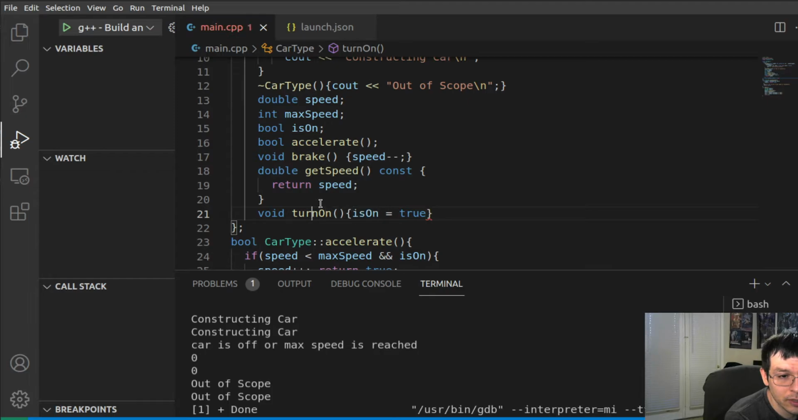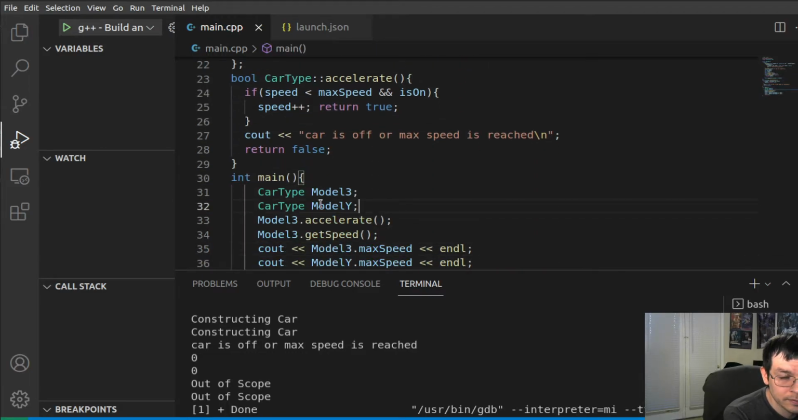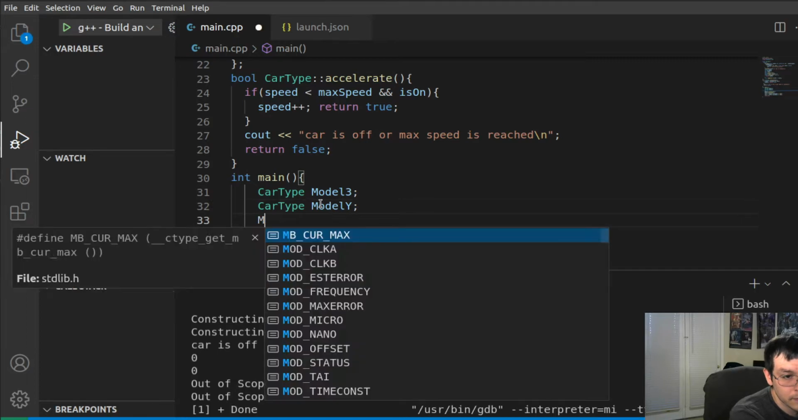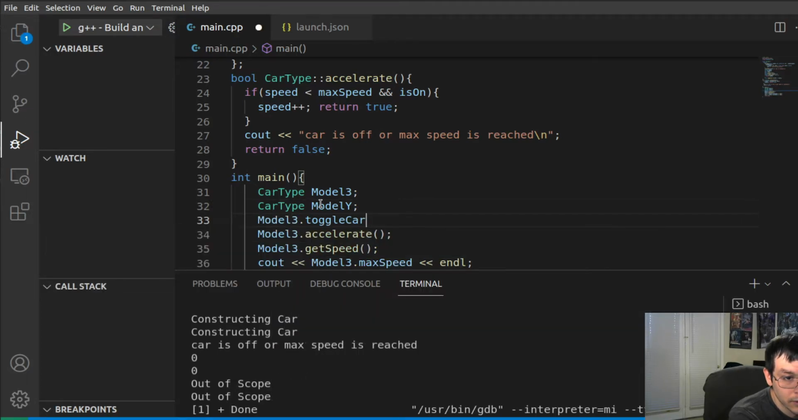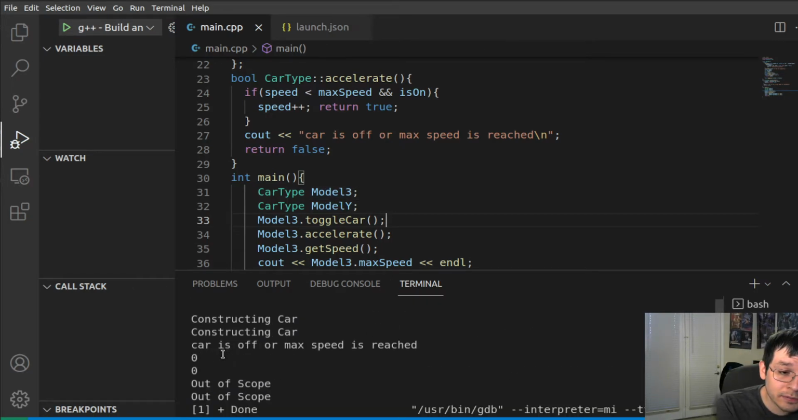Actually, so I don't have to write a turn off function, I'm just going to call it toggle car. And I'm just going to set it to whatever the opposite of what it is currently. Okay. Semicolon. So that way I can just toggle the car. model3.toggleCar. So that turns on the car. Or off, but in this case it's me not on. So now when it accelerates,